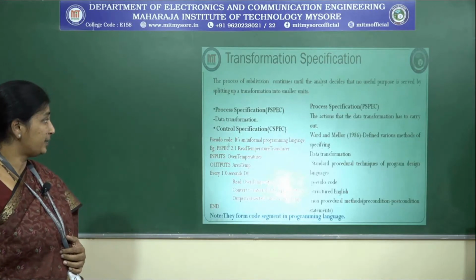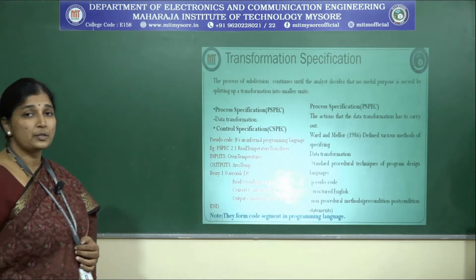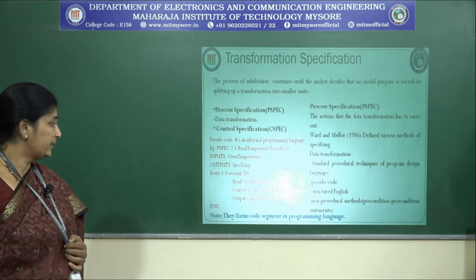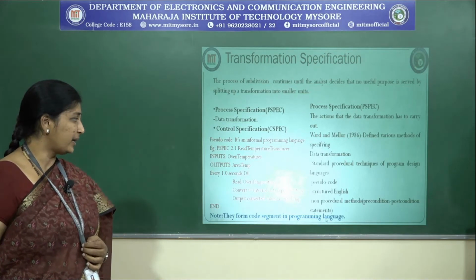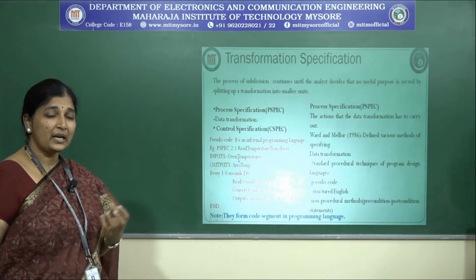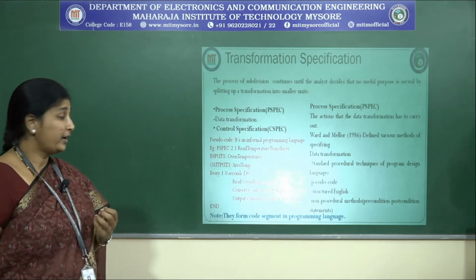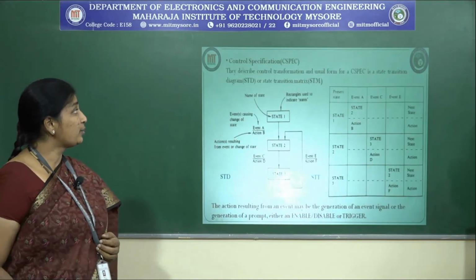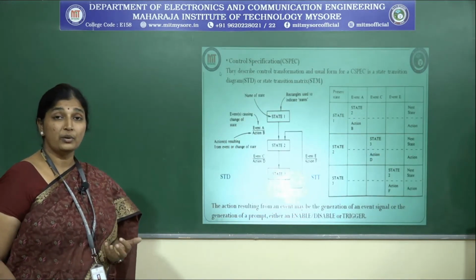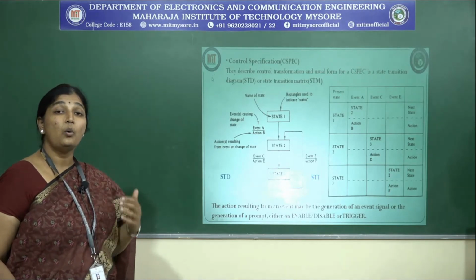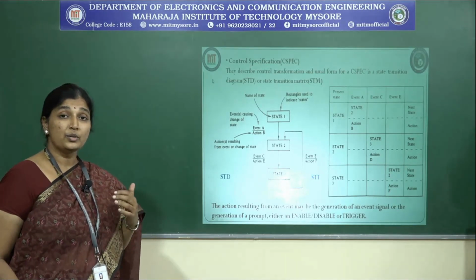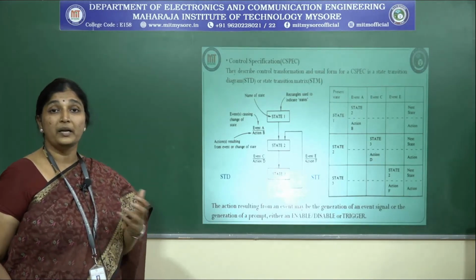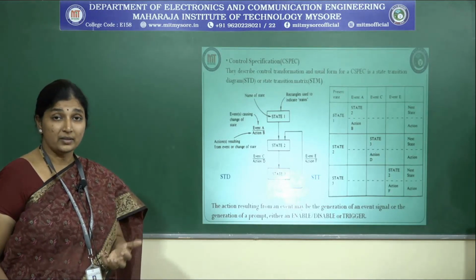So this is a simple example of what is meant by the process specification and how you write a pseudocode. You have to note that they form the code segment in a programming language. This is one of the basics that led to what is called coding, the code segment of any of the programming languages. Now coming to control specification, how does it look? You need to think about how the control flow occurs. Control is not a program. It is a continuous process that has to be involved in obtaining a desired result.